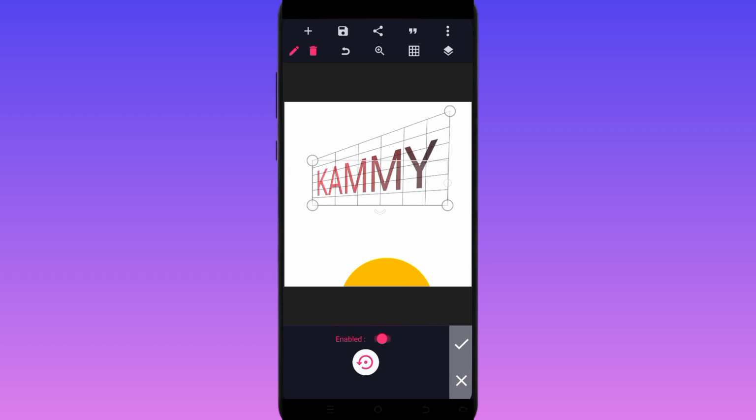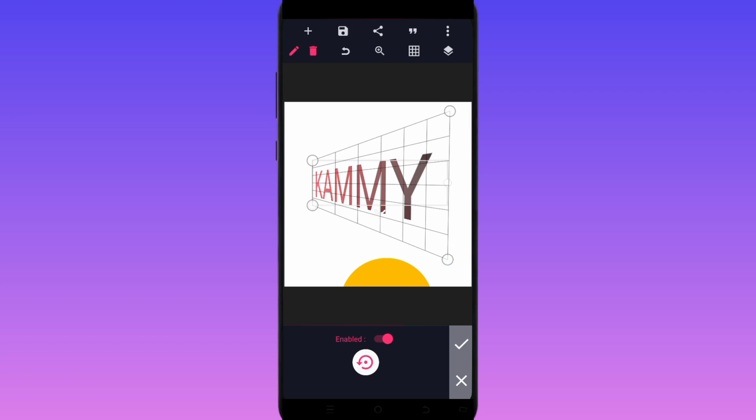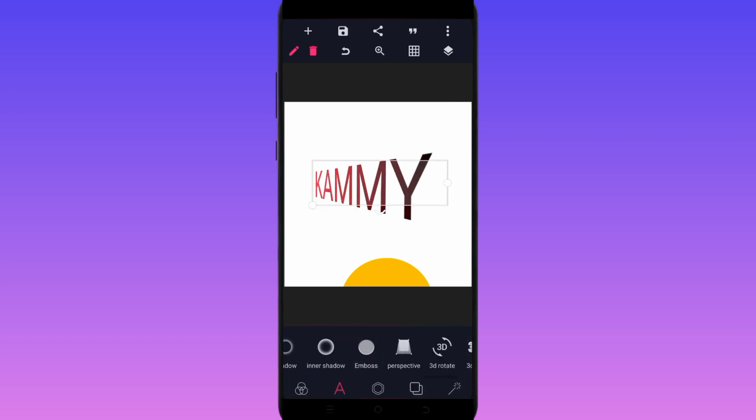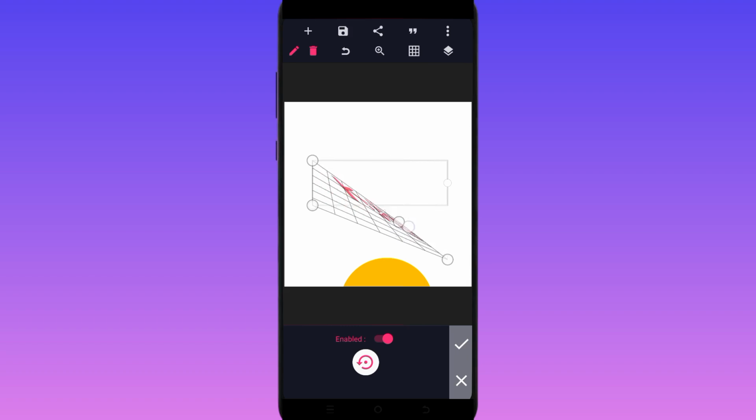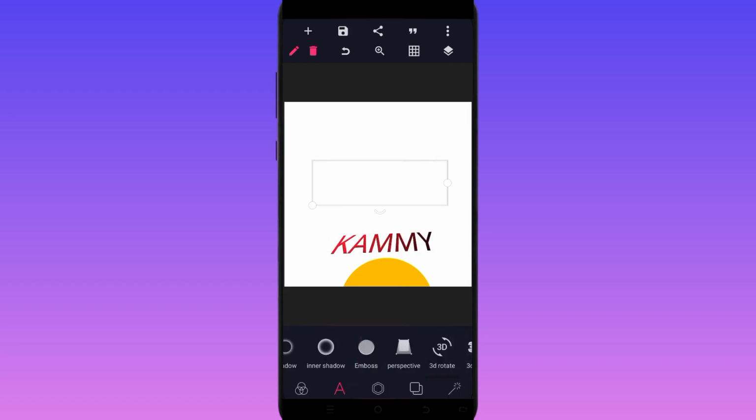Okay, so enable it. You see how Kami is moved up, move it down. Let's just click on this checker icon. You see how Kami is. Click on the perspective tool again. Just explore, let me see. You see how this Kami looks as if it's on the floor. Then if you click on it again,